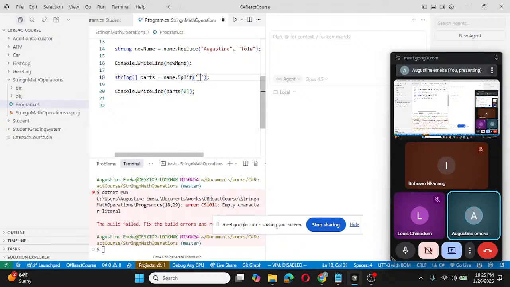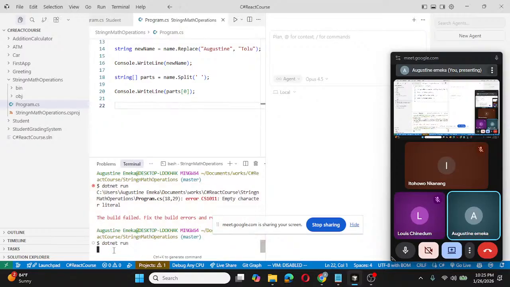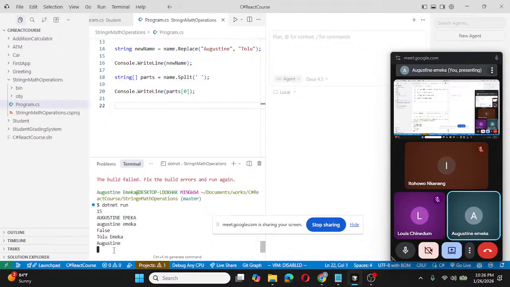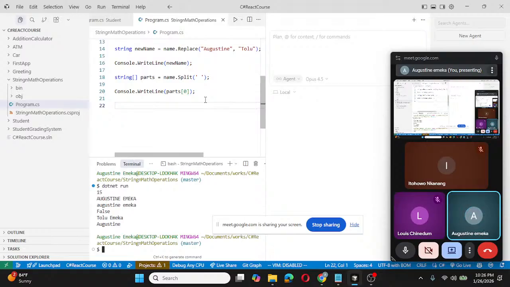Okay, that means I have to split with a space. Okay, cool. Now we have to look at the next one,